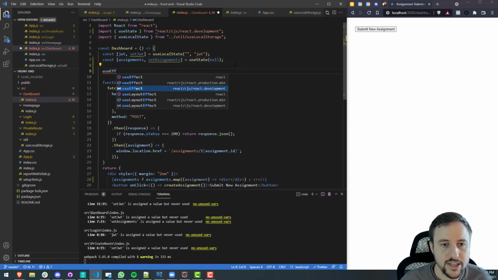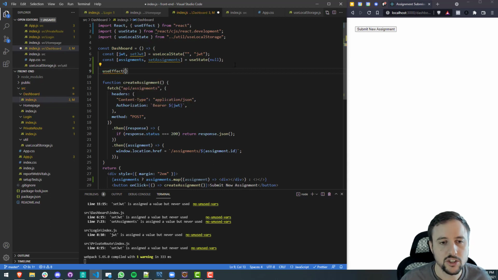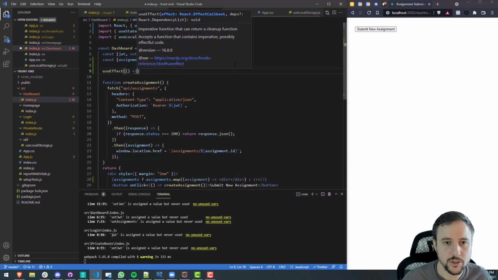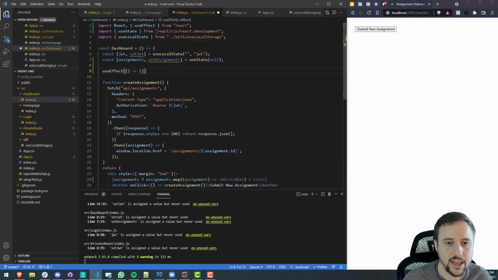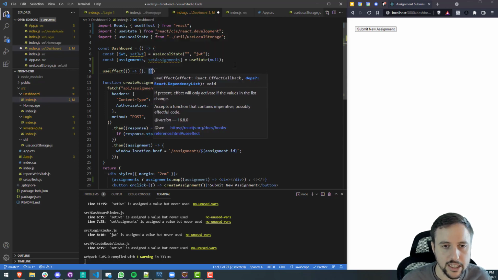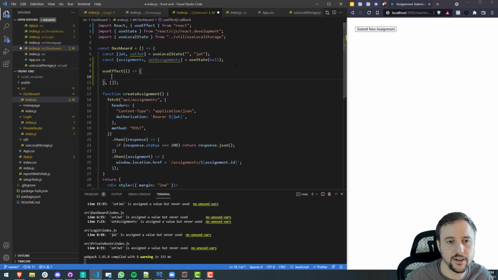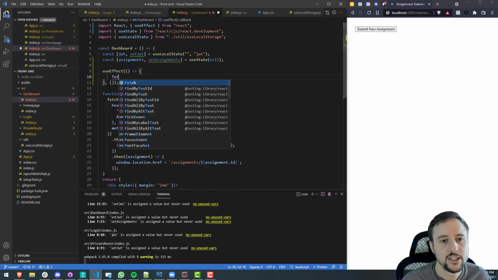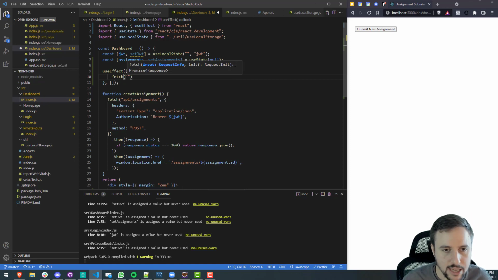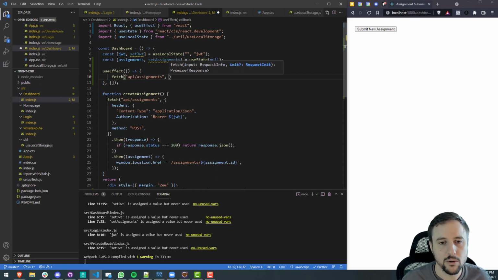So how do we grab the data on load? We want to fetch the data from the backend on load. So we can use a useEffect hook, which takes a function, and then it takes an argument, a list of dependencies. Now, when you leave the dependency list empty, that means it is run once on load. So essentially, this function in here will be run once on load. So we want to essentially fetch the assignments. So we've got to do api/assignments, and this will be a GET request. So our